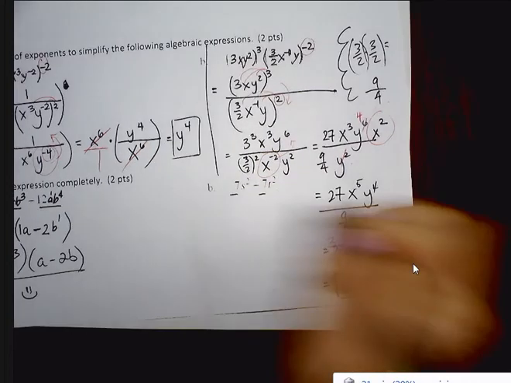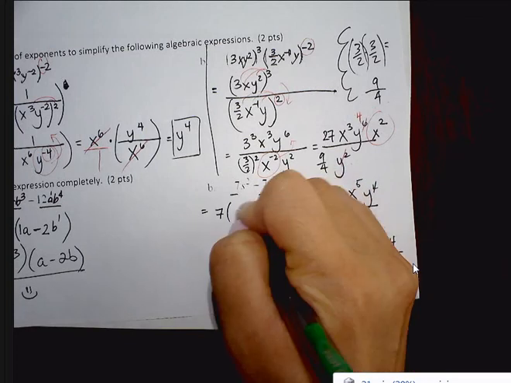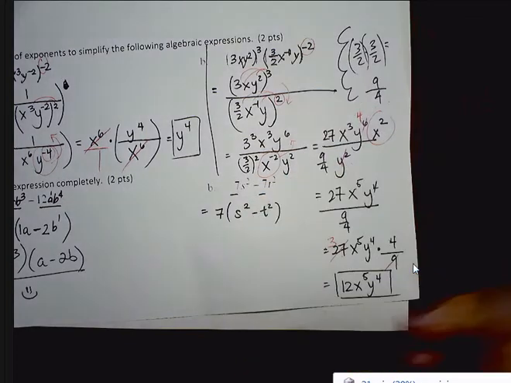So s squared minus t squared, don't forget the 7, that stays there, but this factors to s plus t and s minus